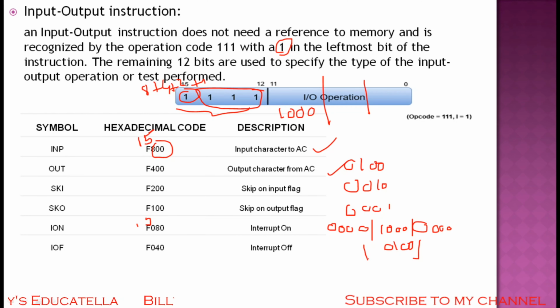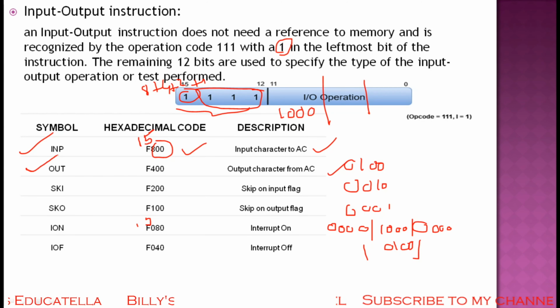I think you understood about input output instructions, which are used for transferring the data into the computer and bringing the data from the computer to the user. Now, if you want to give any instruction to the computer, we use INP and the hexadecimal code is F800. Here you can give the input to the computer, and when the value is F400, you will get the output from the accumulator, and the user can access the output. Here this input and output will be organized by using these flag bits. I think you understood it very clearly.